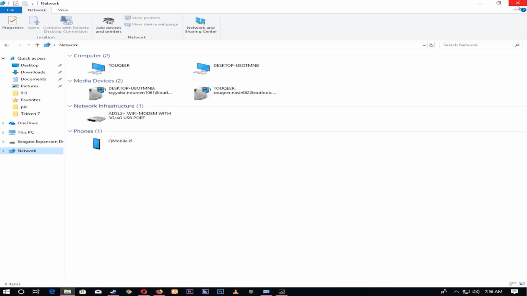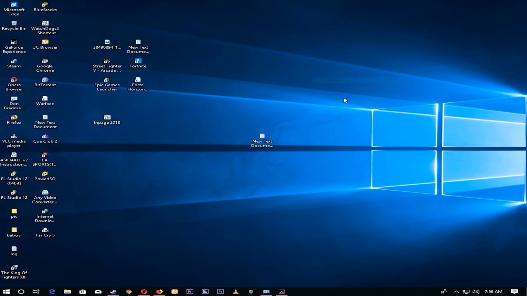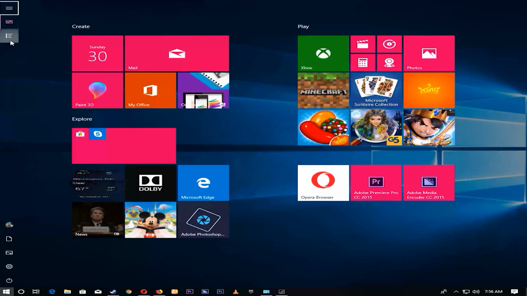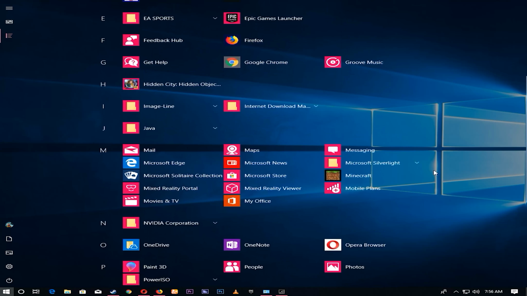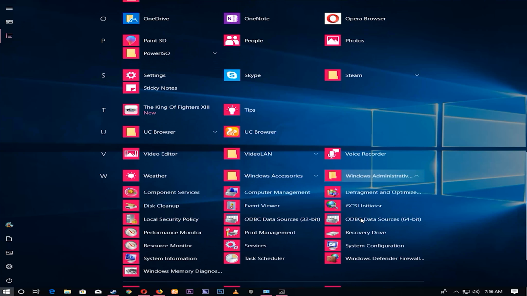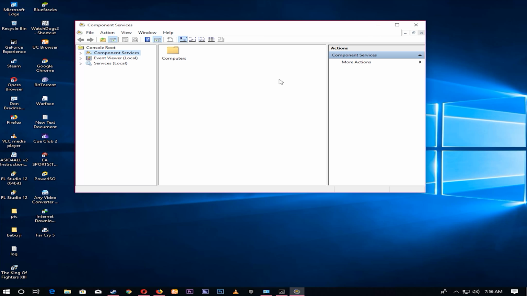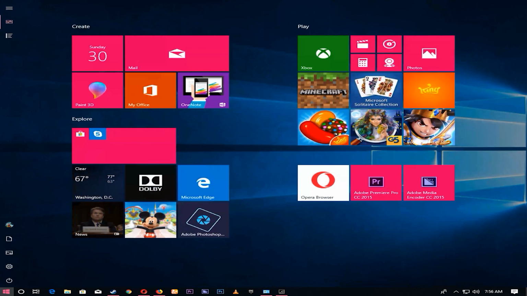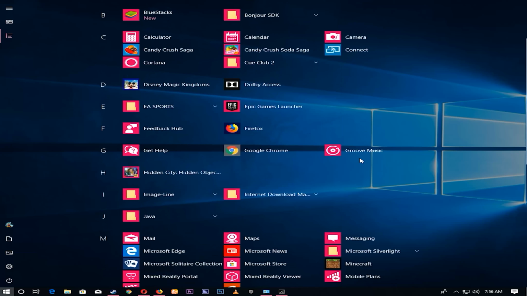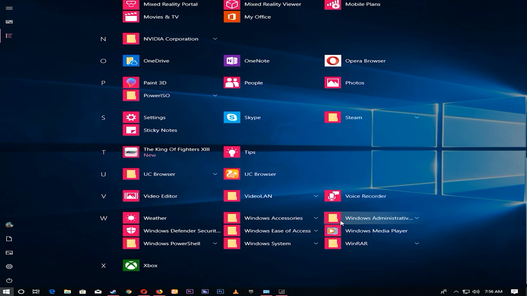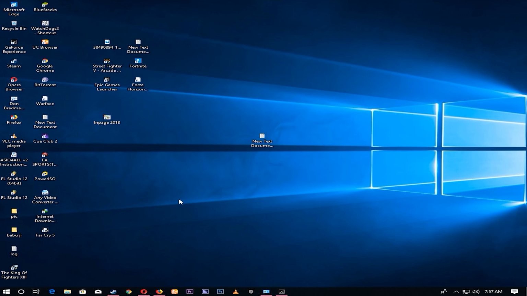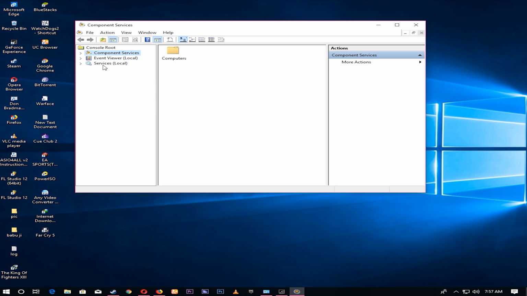Let me explain one thing: this is about the Windows Administrative Tools. Some services are set to manual, not automatic. So I want to show you, go to the Windows tab, go to your installed software side, and check Windows Administrative Tools. Look at this, click here, and open Component Services, click here, Services (Local),